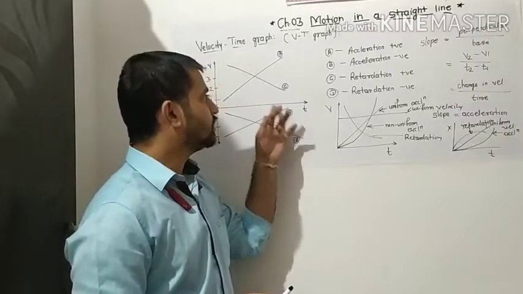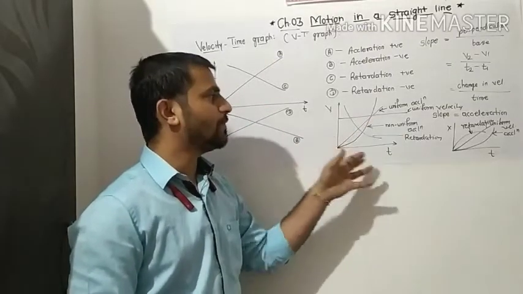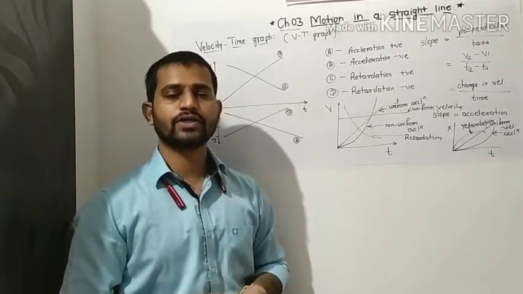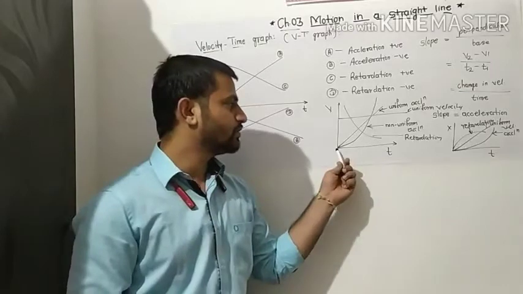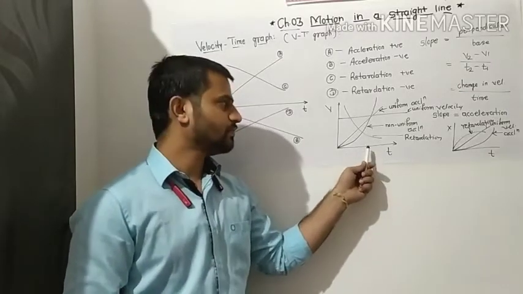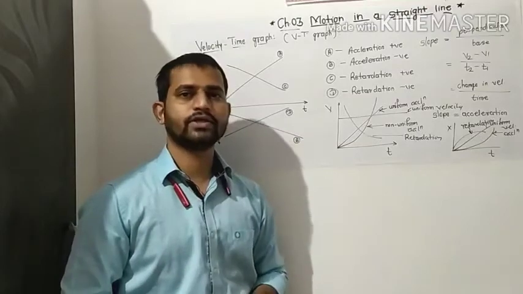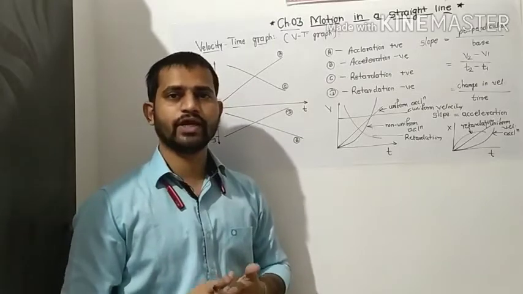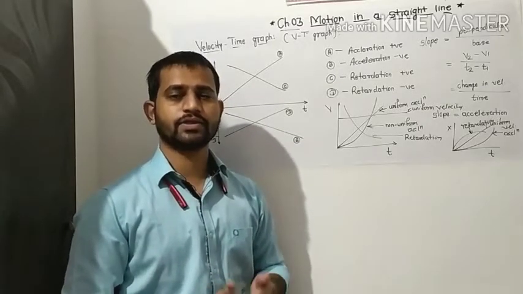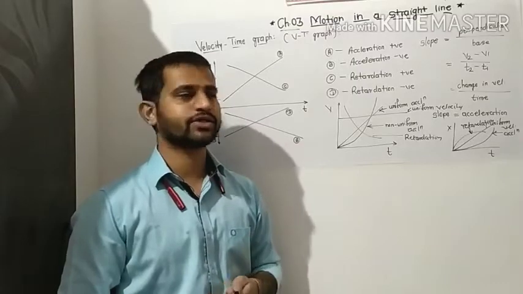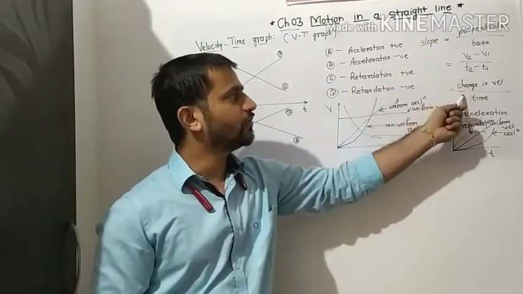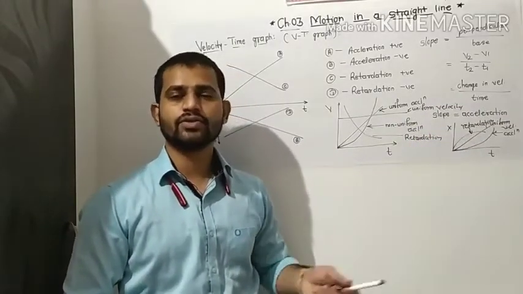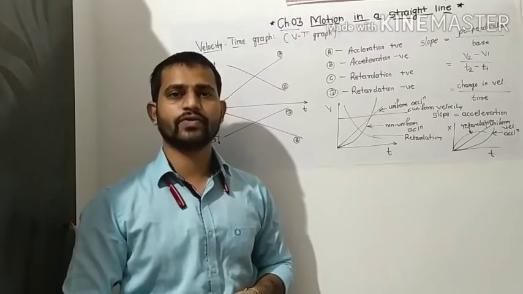Okay, so here are some types of retardation, and this is the combined VT curve for which we can predict whether it is uniform acceleration, uniform velocity, or the object is at rest, then the velocity will be along the time axis, and for the retardation it is one concave curve. So by this we can go for the VT graphs and the slope of the VT graph. The slope of the VT graph indicates the acceleration. The slope of the VT graph will give us the change in velocity upon time, and the slope will give us the acceleration.